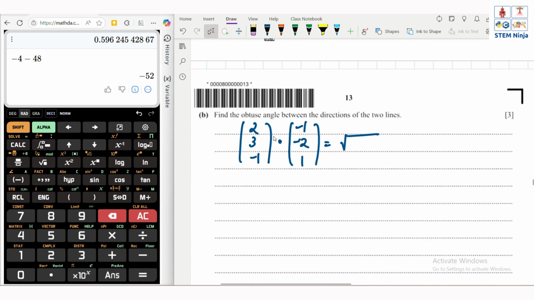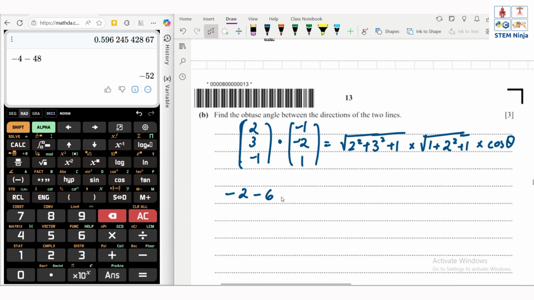So square root of 2 squared plus 3 squared plus 1, times square root of 1 plus 2 squared plus 1, times cos of theta. So in the dot product, we know the components multiply and then add up. So minus 2